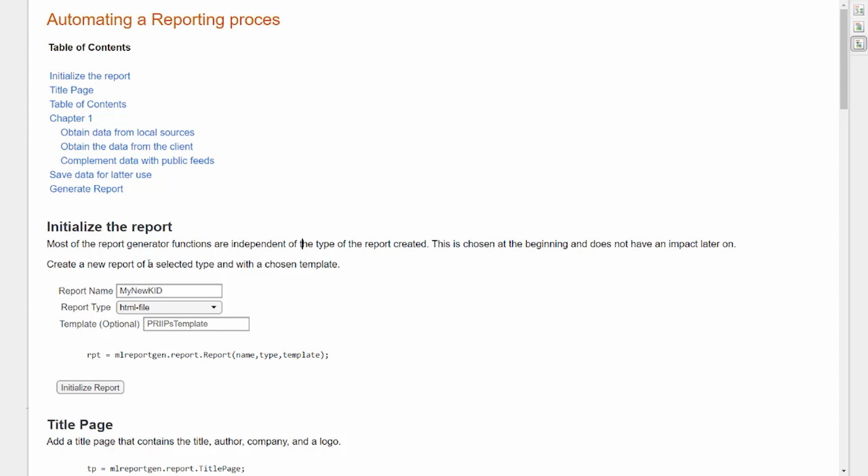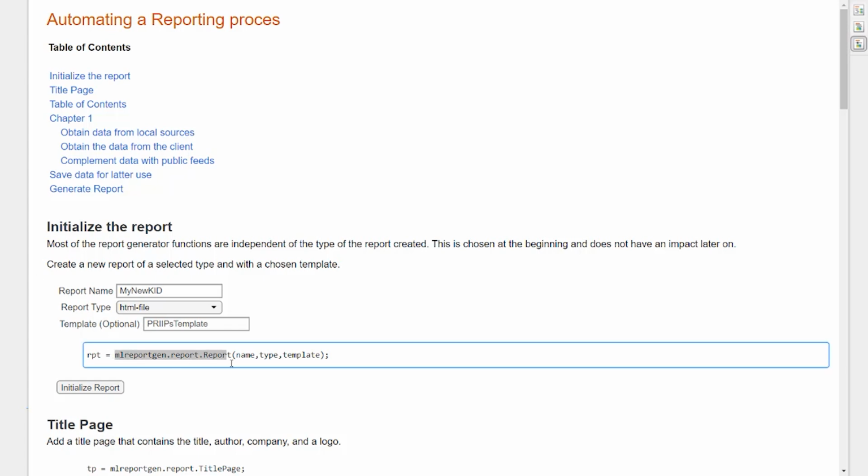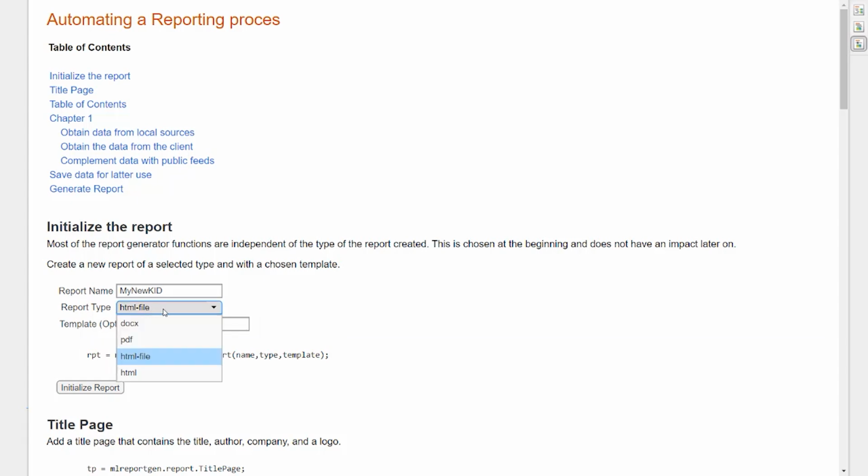For those of you who are not familiar with it, this process uses something called the Report Generator, which is a tool that allows you to build different types of reports entirely within MATLAB. The way it works is you create a report object using the function that you see here on the screen, and you keep adding elements to this report object, or you keep stacking them with the right parenting structure, until you complete the report. Once you're done, MATLAB will automatically generate the right output. There are four types that are supported: it can create HTML files, PDFs, docs, or HTML templates.